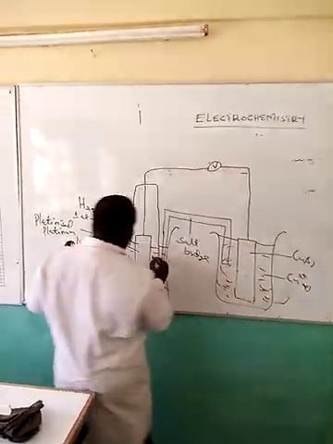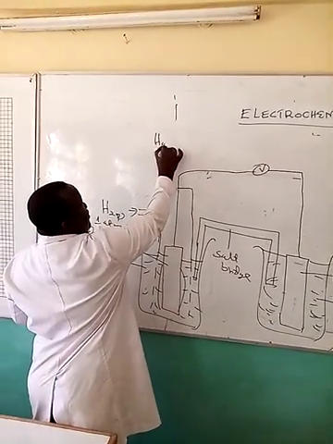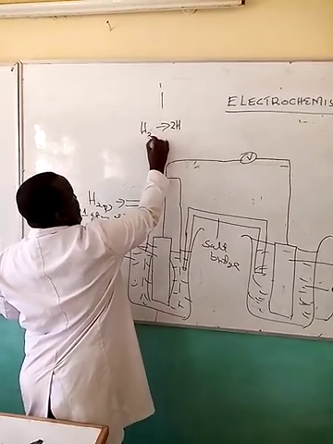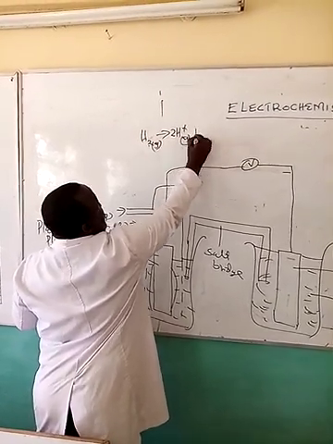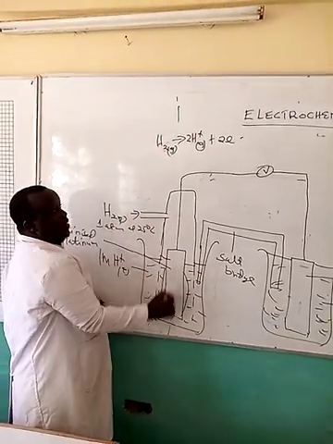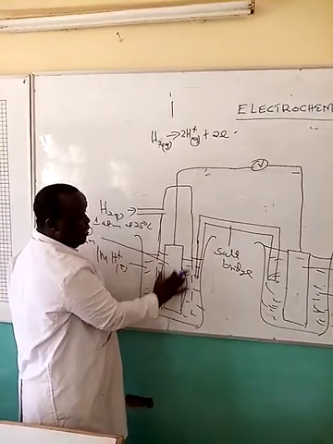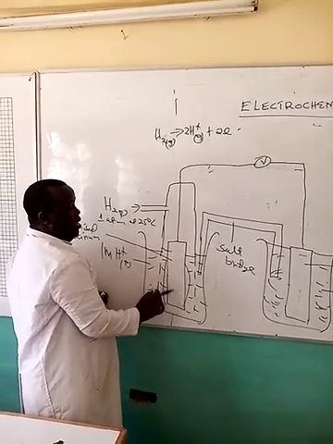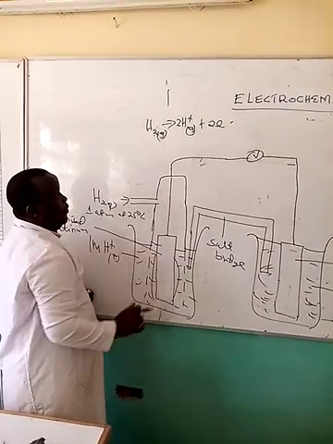Now, the electrons that are piling up here, the question is, where do we get these electrons? The hydrogen gas forms hydrogen ions like this, by releasing 2 electrons. This hydrogen gas that is being pumped here forms ions along this platinum. As I said, platinum is an inert electrode, and on its surface it also provides the surface area for the adsorption of hydrogen gas.